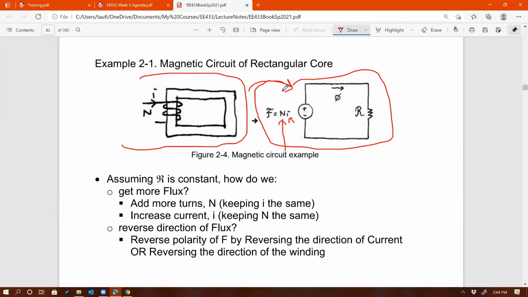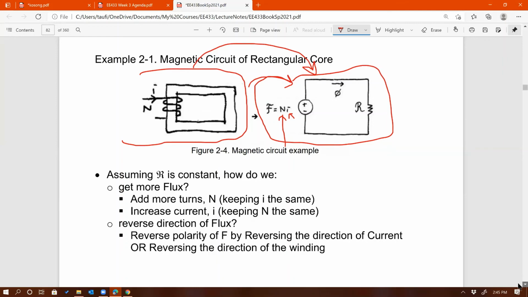But again, the main point here is that as soon as you represent a magnetic circuit with an electric circuit, it becomes easier for us to analyze the circuit, right? Just like we did earlier. How do you increase the flux? Increase the N or increase the I, right? How do you flip the direction of the flux,